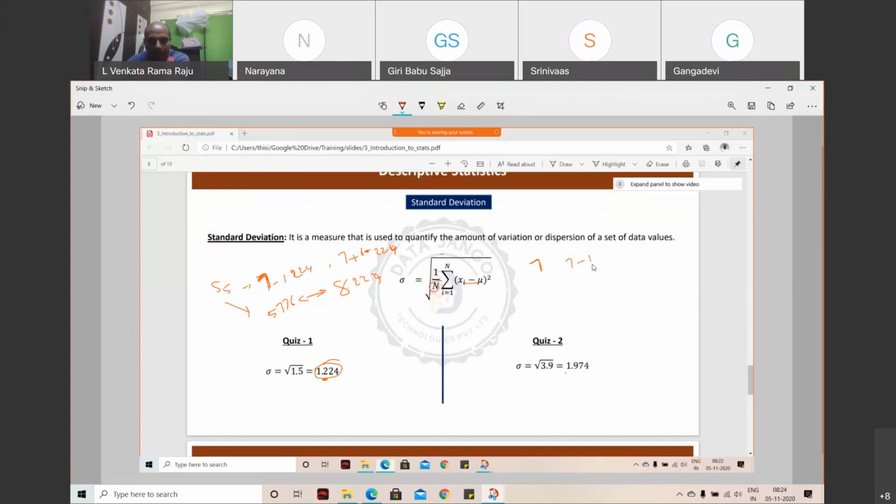7 minus 1.9, I can take 2, right? It is 5. 7 plus 1.2, right? It is 9. So on the second quiz, the students may fall between 5 and 9. That actually explains that on the first quiz, the scores are consistent in a range, but they are not performing too well when compared to quiz 2. And at the same time, we may find people who are actually performing low also.